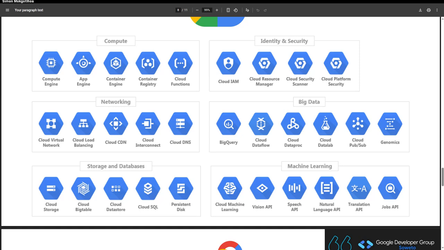Your job as a developer is to build your app and then deploy it on the cloud. And then we have things like Kubernetes Engine. If anyone is familiar with containers, this is what Kubernetes Engine is good for. So it's a managed service that provides a container orchestration system to run and manage containerized applications.